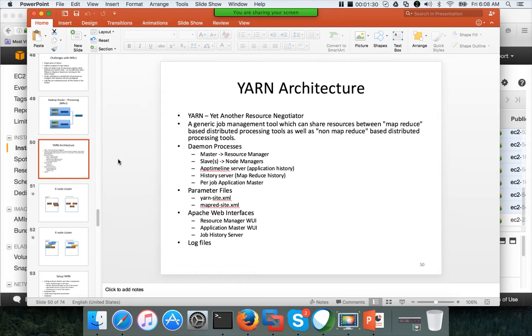So the disadvantage is it works closely with HDFS and works effectively with HDFS. With other technologies, it doesn't have any idea.